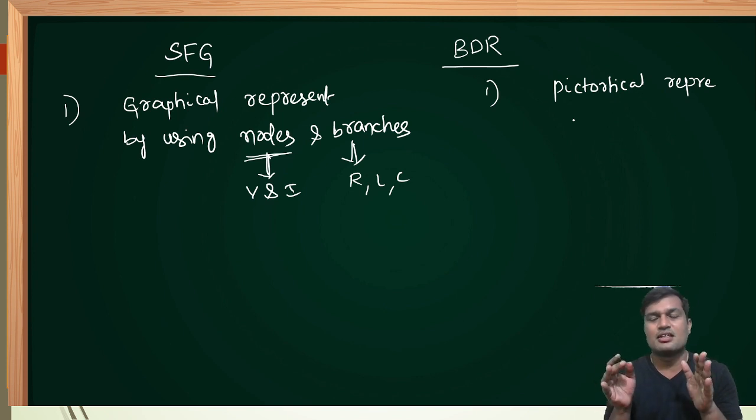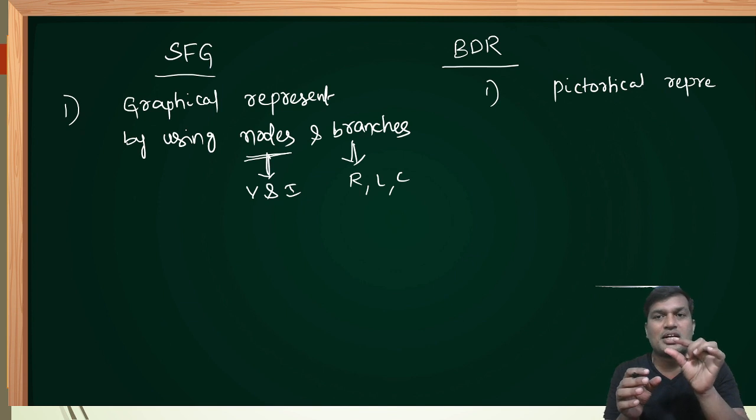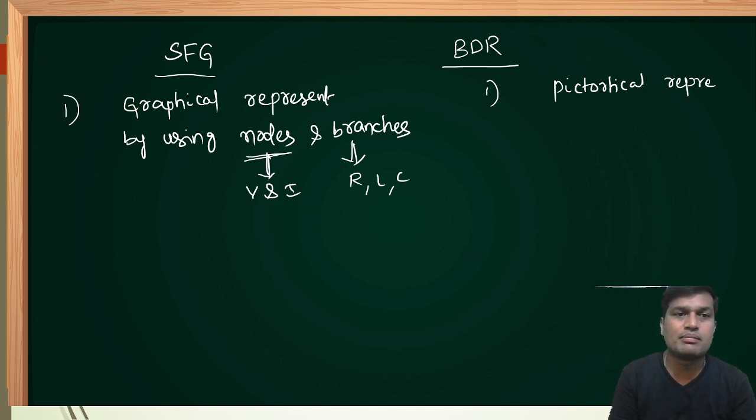Suppose, dear friends, before releasing any movie, the entire team of the movie is celebrating a pre-release event. In that, they are simply releasing a teaser of that movie. In the teaser, they will explain complete information about the movie, but briefly, but not deeply. That is the meaning of shorthand pictorial representation of that particular movie. Similarly, the block diagram reduction technique also is kind of that. It is also just explaining the entire system in simple form, that is shorthand pictorial representation form.